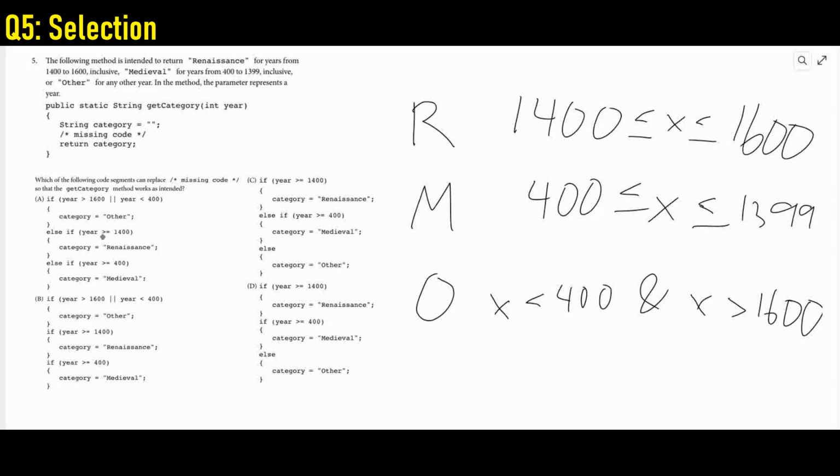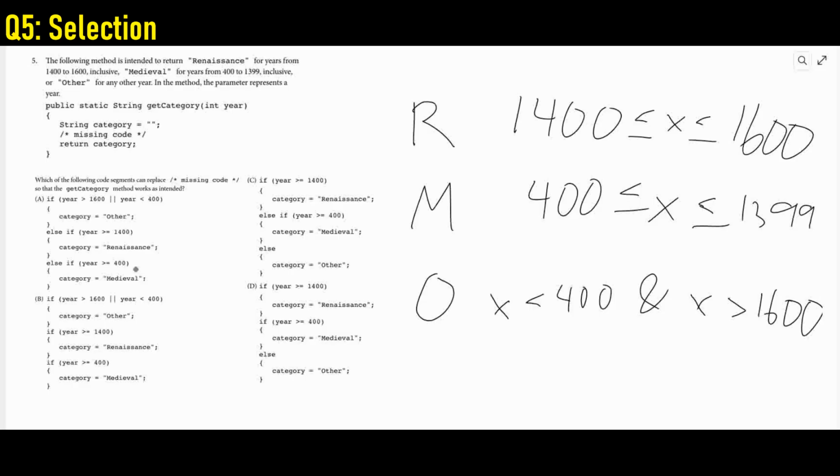And this checks if year is greater than or equal to 1400, category is equal to Renaissance. And to me, that checks out because we're using an else if for the second block, and we've already checked if year is greater than 1600 or not. And so if that's not the case, then this condition here with the else if essentially just checks if year is within 1400 to 1600,